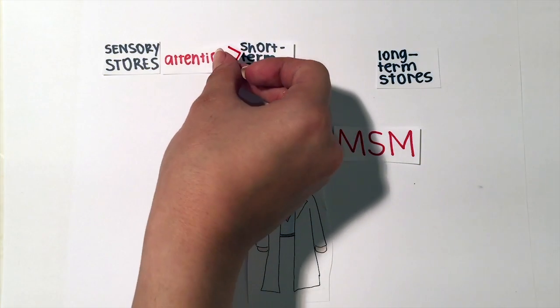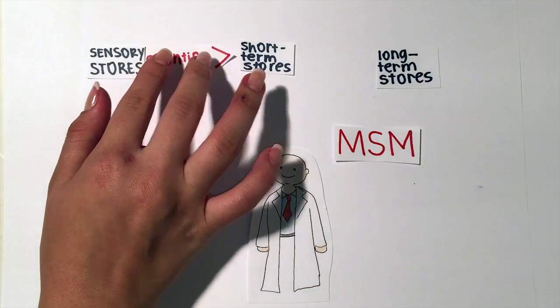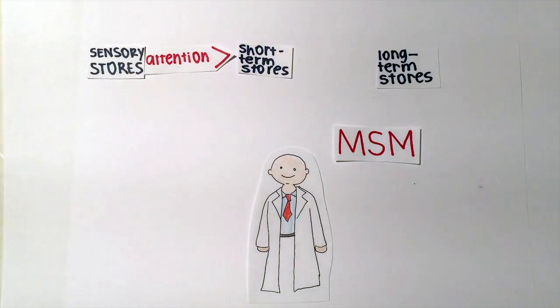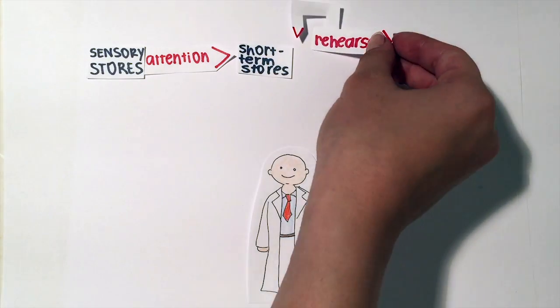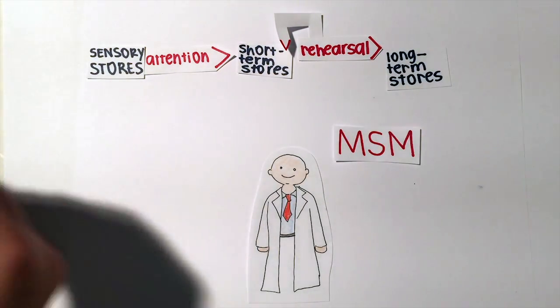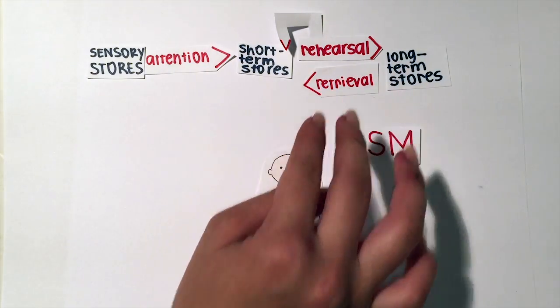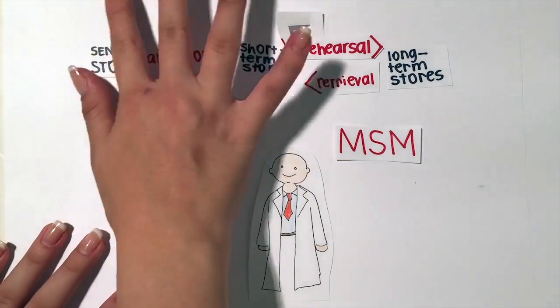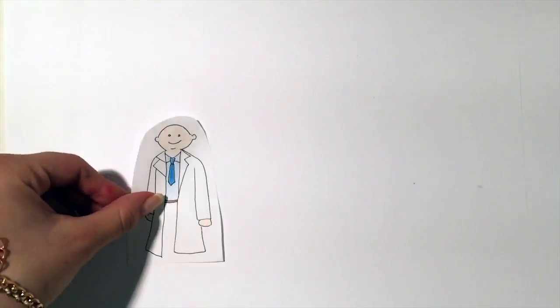First, our senses will pick up on stimuli. Visual information can be referred to as iconic memory, whereas audition, echoic memory. Attention is responsible for memory traveling from sensory to short-term stores, which, unlike sensory and long-term, has a quite small capacity. Through rehearsal, information will then go to the long-term and can later be retrieved, bringing it back to the short-term store again.